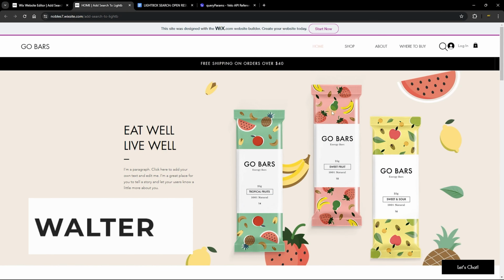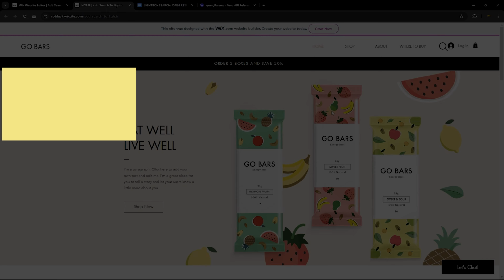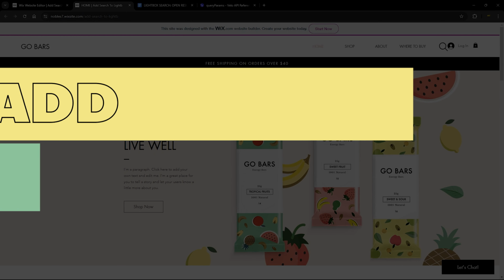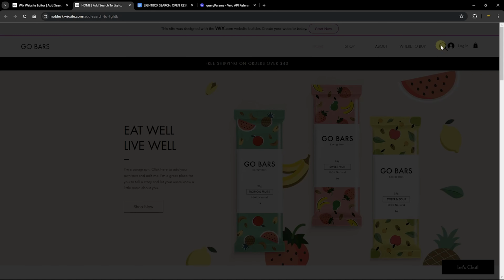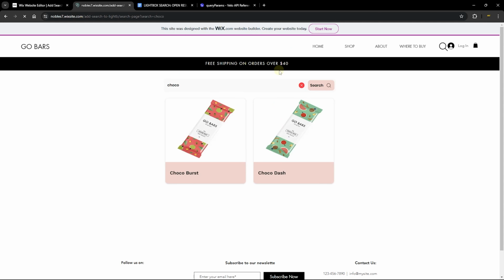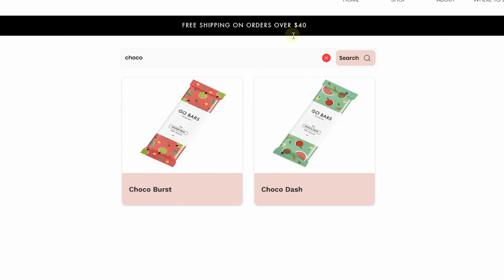I'm Walter, and in today's video I'm going to be sharing with you how to add a search bar to your Wix Lightbox. Now to test this out, let's head over to the search icon and click on that. As you can see, it brings up a pop-up that allows us to search for keywords. I'm going to go ahead and search for the keyword choco, and when you hit enter, it brings you to a different page, or a search page, where your keyword is being applied to a search bar,